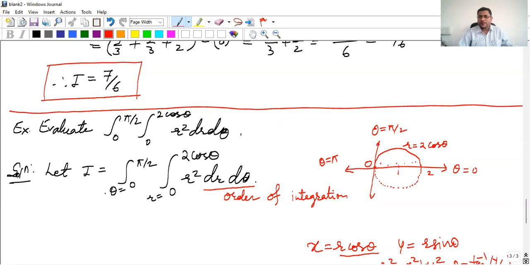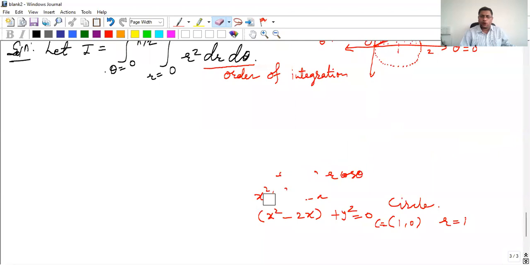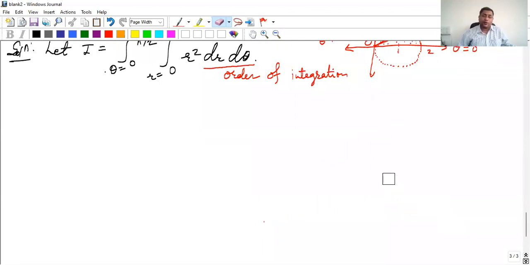So this is the area of integration. This dotted area is the area of integration. Now we have to draw the radial strip. So this is the radial strip we have. In the case of polar coordinates, we have to consider this. Now, once I know the limits and order of integration, we are able to evaluate this